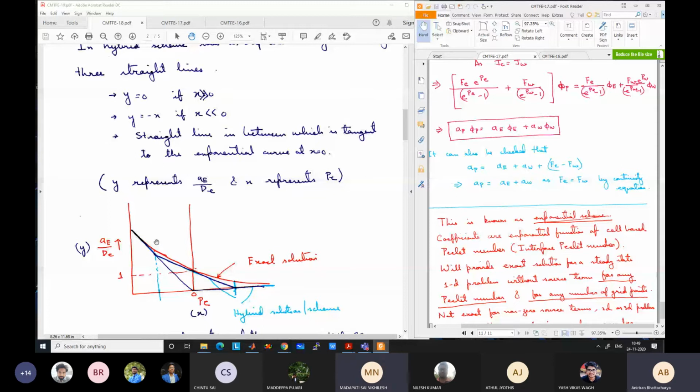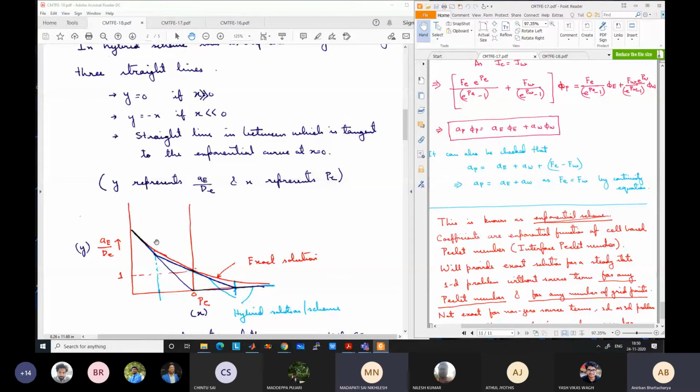Sir, when we are actually calculating this, we are trying to make the curve as linear as possible. Why aren't we choosing p equal to 2 or minus 2? Why p equal to 0? It's a good question. You are saying why we are taking the tangent at p equal to 0, or the exact value at p equal to 0.